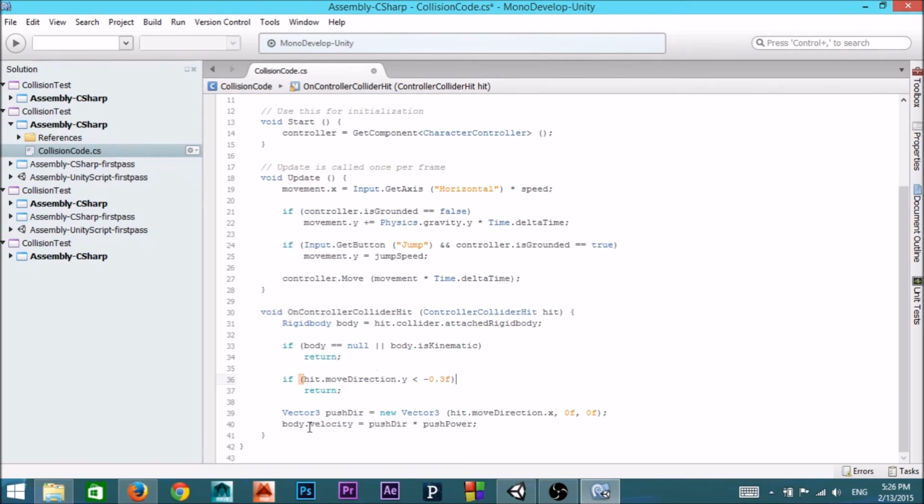And this last statement is just telling the velocity which way to go and how far to go according to the push power. Now, once you have all that typed in, you save your scene, and we go back to Unity,